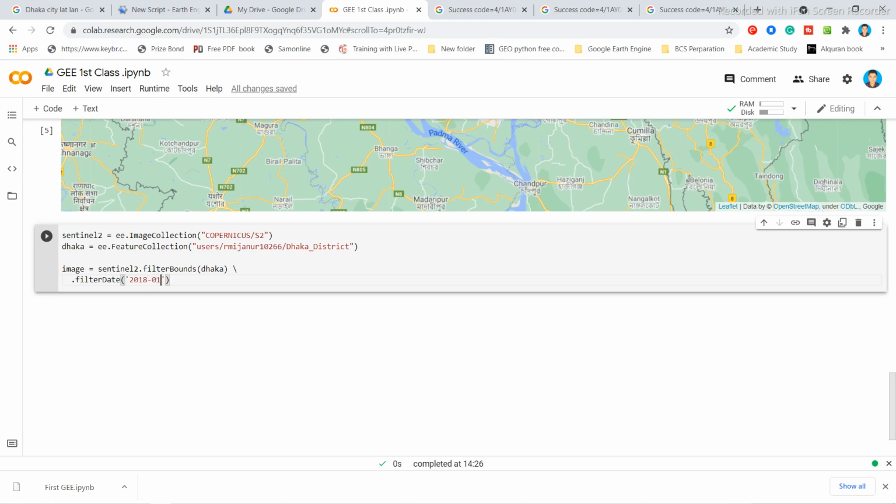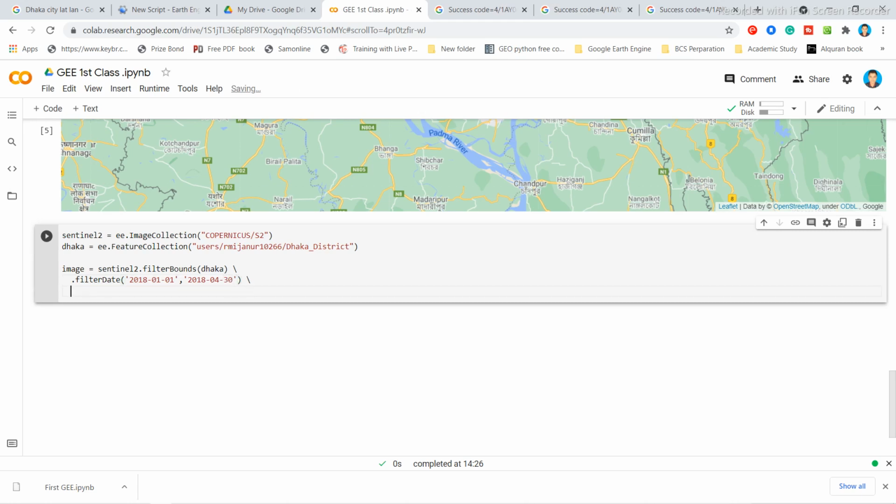01, 01, as well as I also defined here the end date, 2080, 04, 30. Okay, so here I use the filter bounds and filter date, and I also use